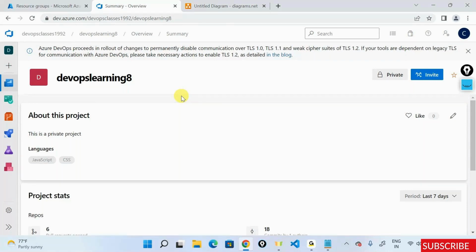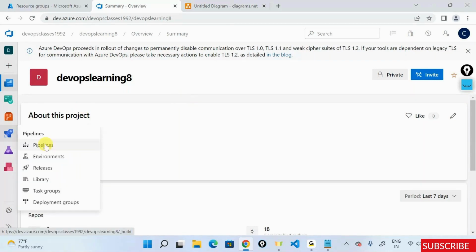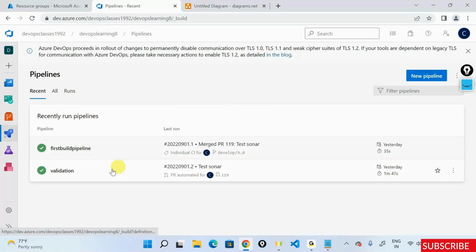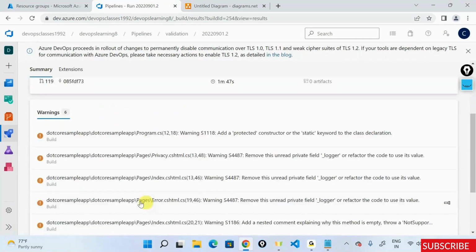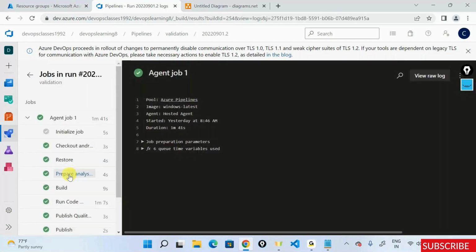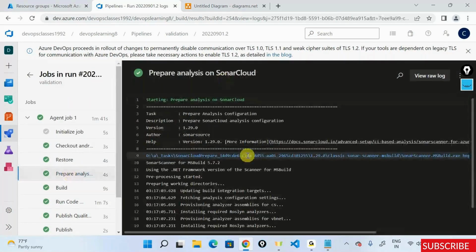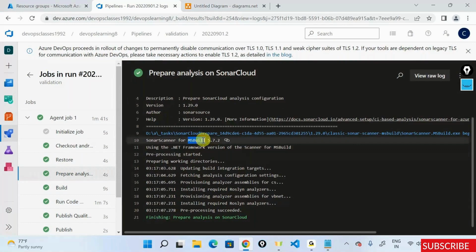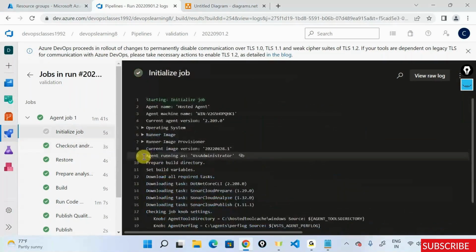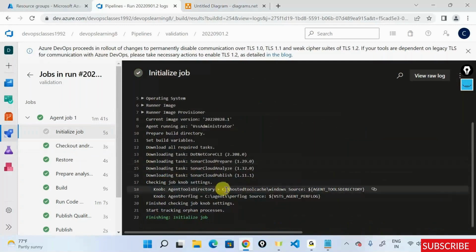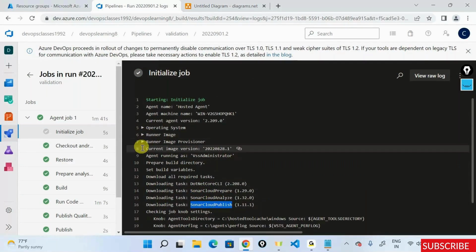Because the reason your hosted agent is working and the self-hosted is not working, let's see that. Let's go into Sonar. Let's see, prepare analyzer, and it's looking for processing and all that stuff. Let's check out and all these things. Let's see what software is installed on this one. So it's saying prepare analyzer and all these things: operating system, image provider, included software.